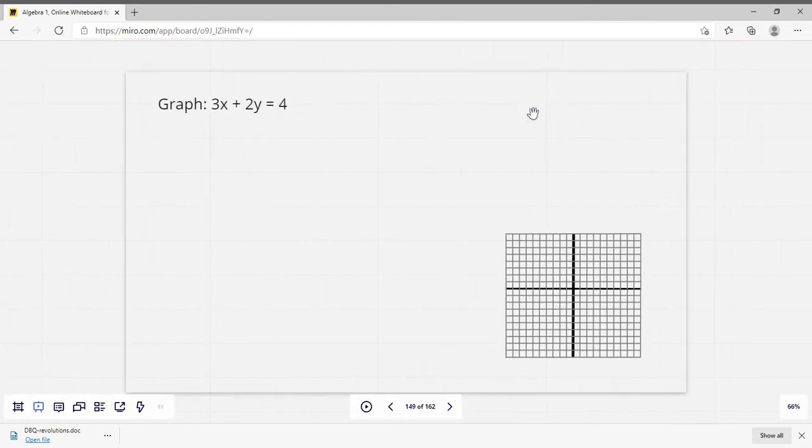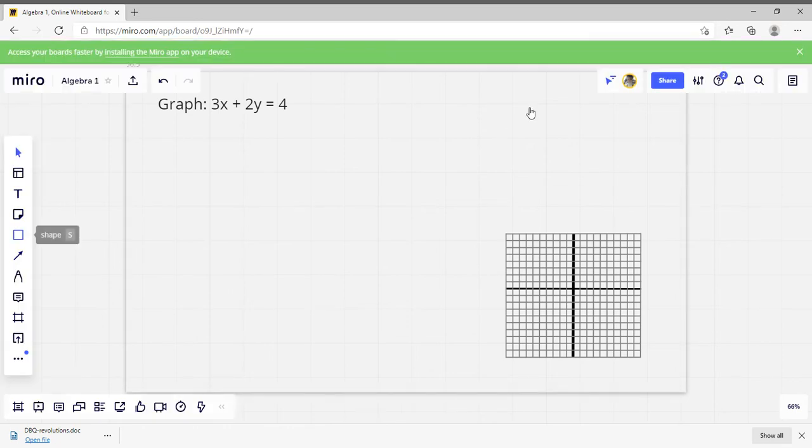All right, so the next part is about rearranging your problem before you graph it. This one gives us 3x plus 2y equals 4, and we want to have our y equals. It needs to be in the form of y equals mx plus b. So we want our y term to come first, then our equal sign, then our x term, and then plus something. So the first thing I can do to rearrange this is get rid of this 3x by doing minus 3x